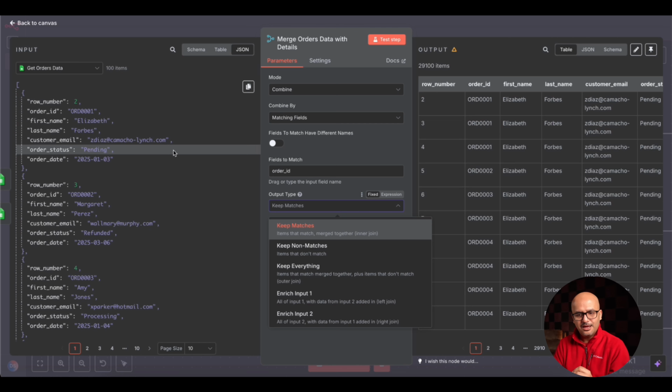So if there are items corresponding to ORD001 in order details, then that data gets merged. If there are no details present for ORD001, then that data does not get merged. So you won't see any record in the output even for the header. That means the entire order row for which there was no product ordered will get removed.